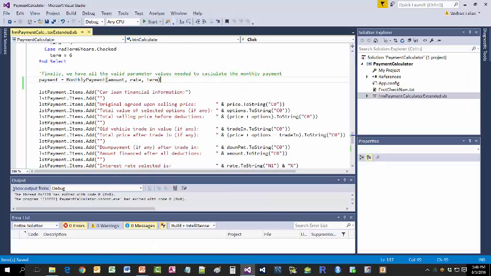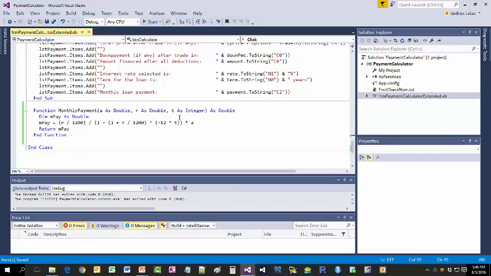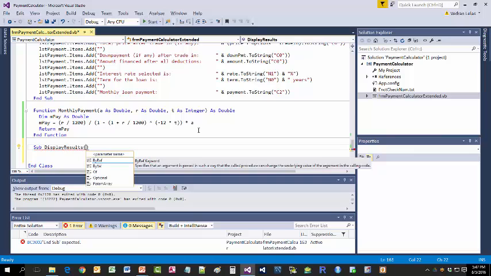Switch back to VB and scroll to the bottom of the code. Right after the End Function line and before the End Class statement, type a couple of blank lines and enter the following skeleton of the DisplayResults procedure. Sub DisplayResults, in parentheses, price as Double,